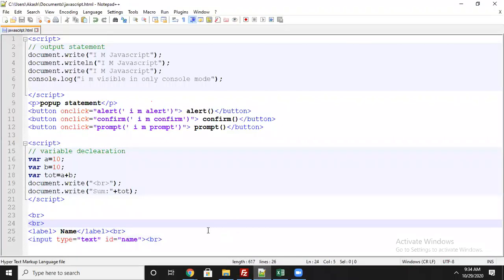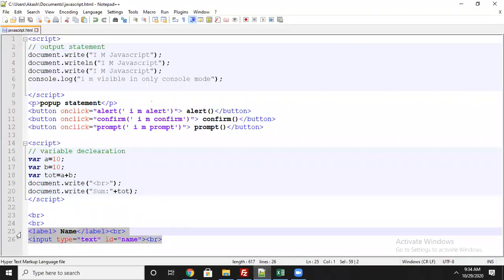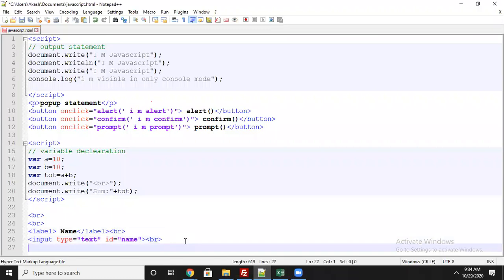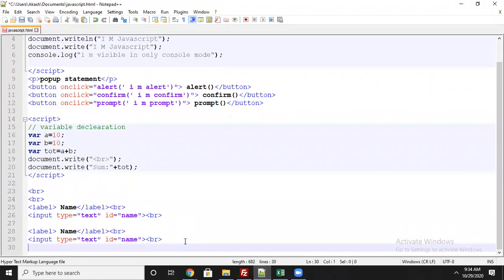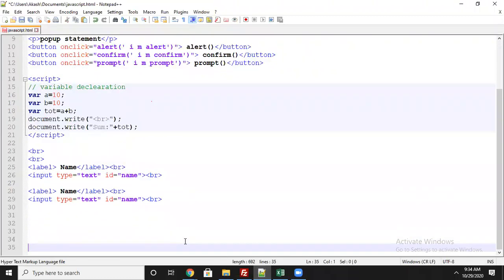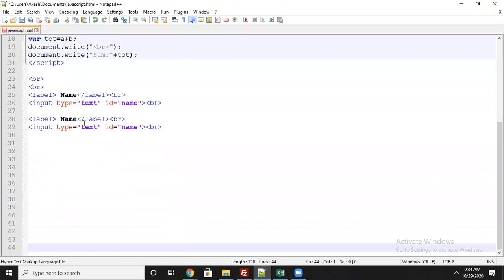Similarly, now I will take email and phone number. I just made a copy. The second field, I said, is email, so I will take it as email, and the id also I will give as email. The third field I will use as contact number.